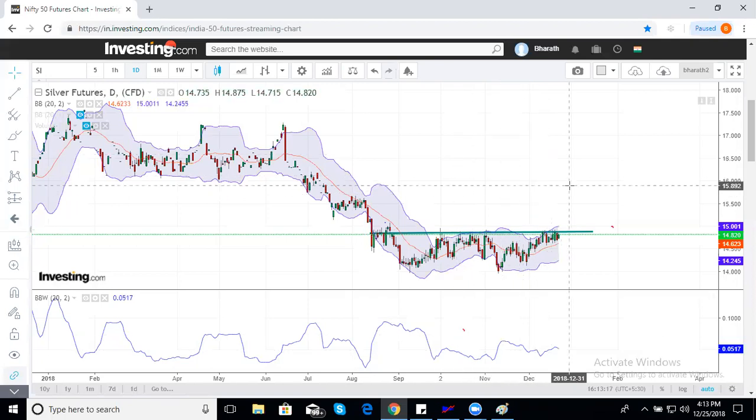Yeah. Anything else? Yeah, Bharat, we had a question: is it better to go with a 1 hour chart or a daily chart? It depends on your time frame, where you want to go. If you're a short-term or intraday trader, hourly. If you want to be on the positional side, daily chart. Intraday, 1 or 2 days, you can do hourly charts. For example, moving averages work well on a 1 hour chart, but on a weekly chart, they work fantastic. See, the higher the time frame you go, it is good. Candlestick patterns also work better on higher time frames, not on hourly or 15-minute charts. So weekly is fantastic, daily is good, hourly for a short-term trade.